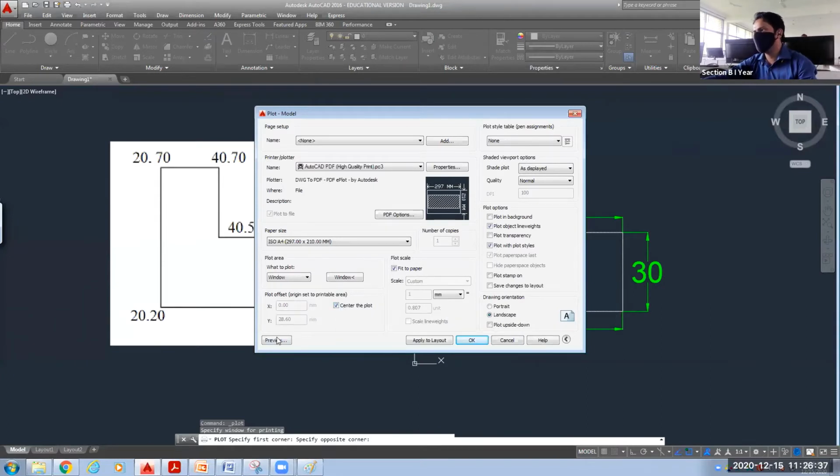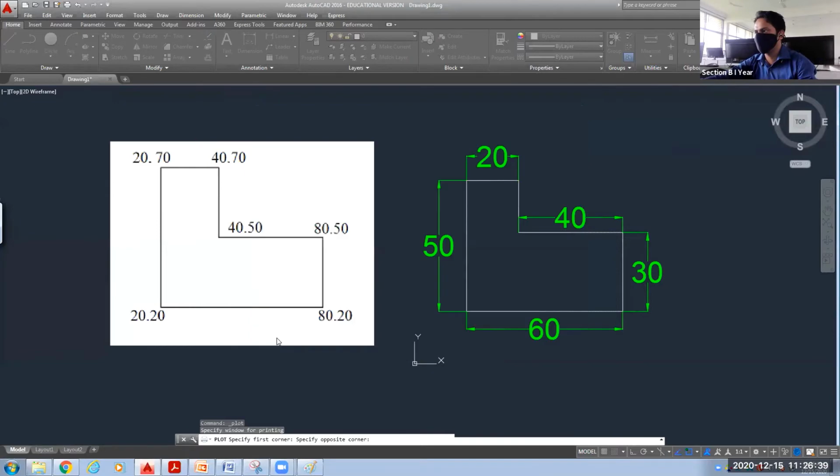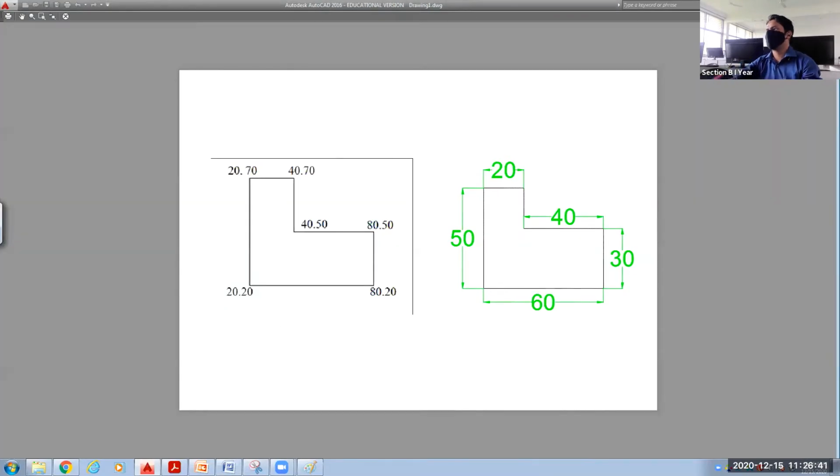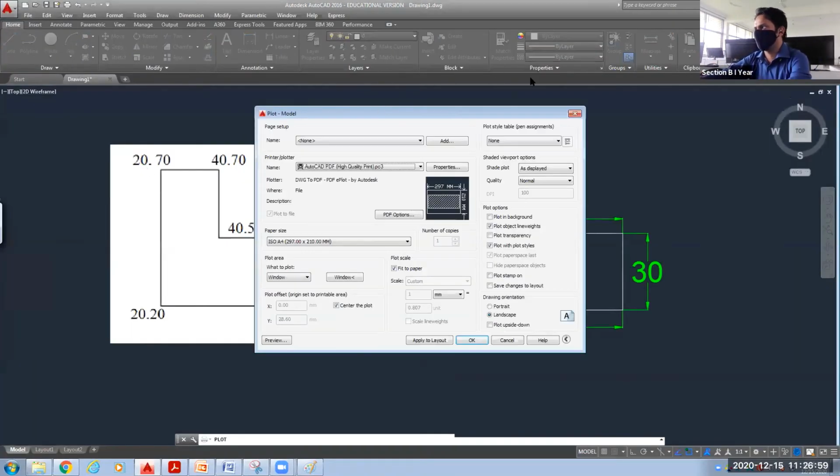Okay, and then we can see the preview, how it is looking. So this is how it will look. Okay, we have drawn the diagram. On the left hand side, I have kept the problem statement. But on this screen, still one thing is not visible. Which student has drawn this? So I need to write the name of student also and your roll number.